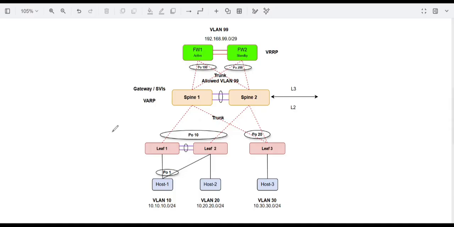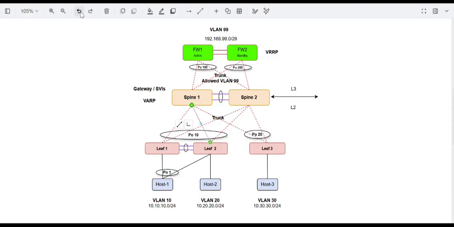But for some customers, losing half the bandwidth is not a good option. Some network engineers want to keep the oversubscription ratio even if one or two links go down. They don't want to lose the bandwidth. They want to keep that. Okay, I want 20 gig bandwidth at all times. Even if one or two links go down, I want that 20 gig bandwidth subscription ratio. Then in that case,